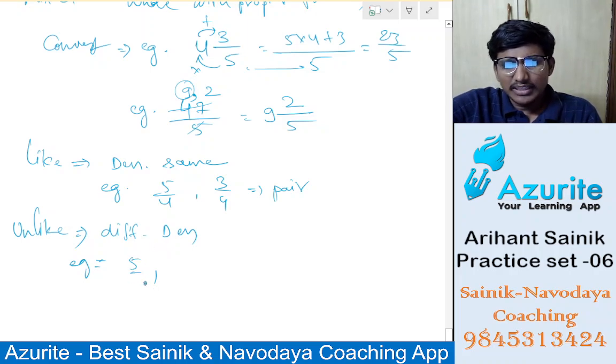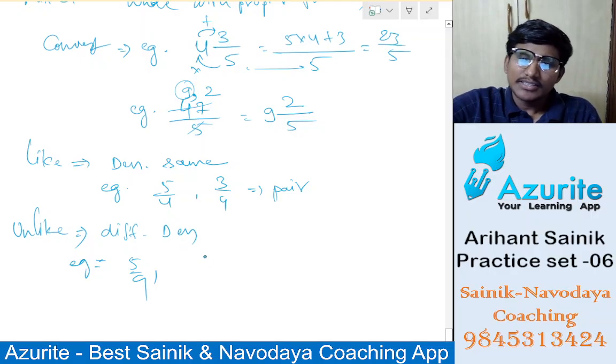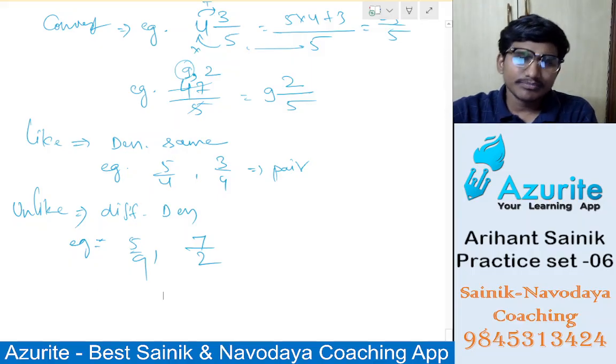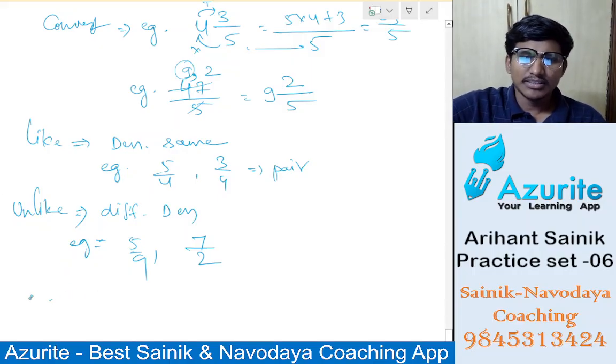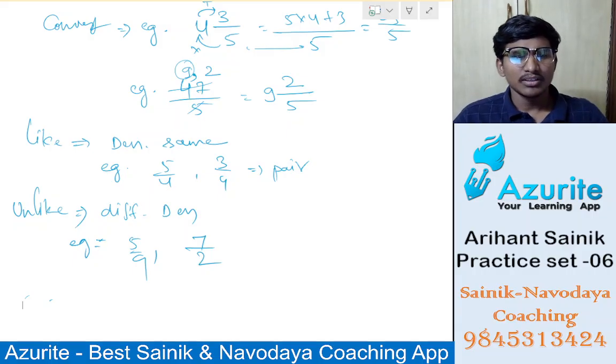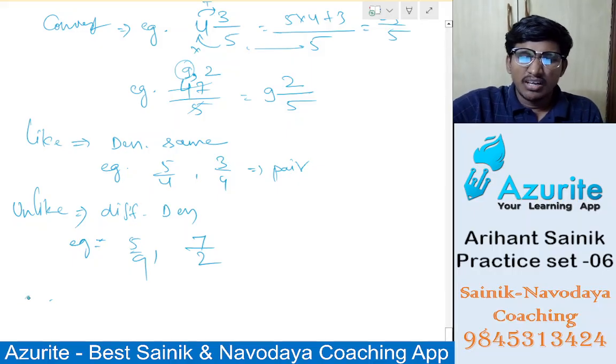Yes, so 5 by 9 and the other is like 7 by 2. Their denominators are different, right? So that is why it is an unlike fraction. Okay, next is what? Conversion? No, addition and subtraction. We will go for addition and